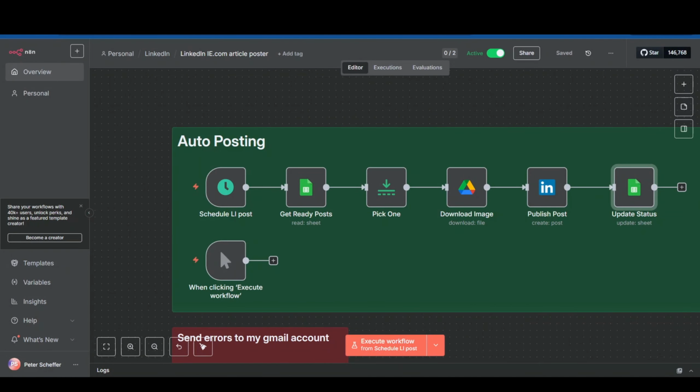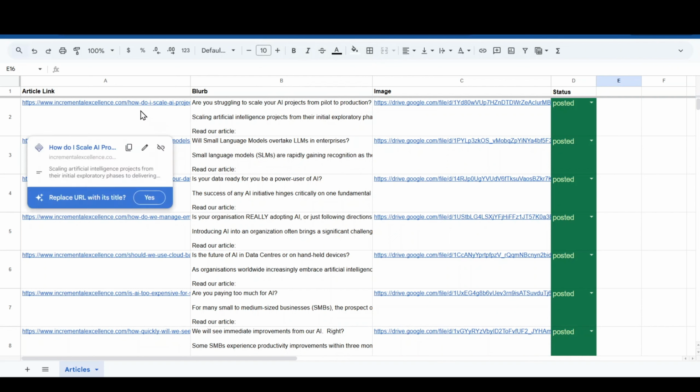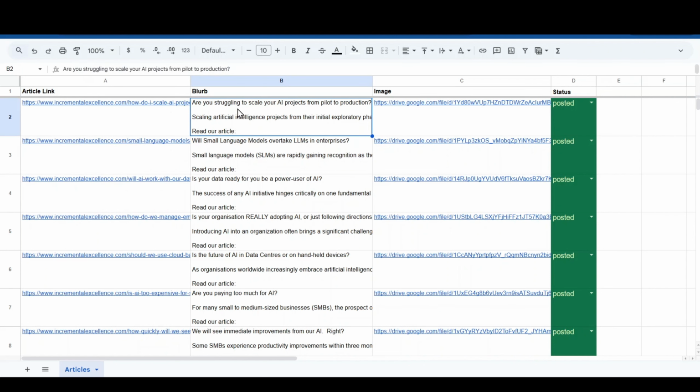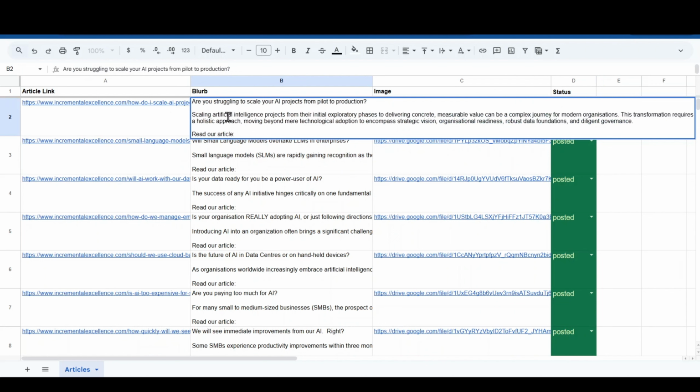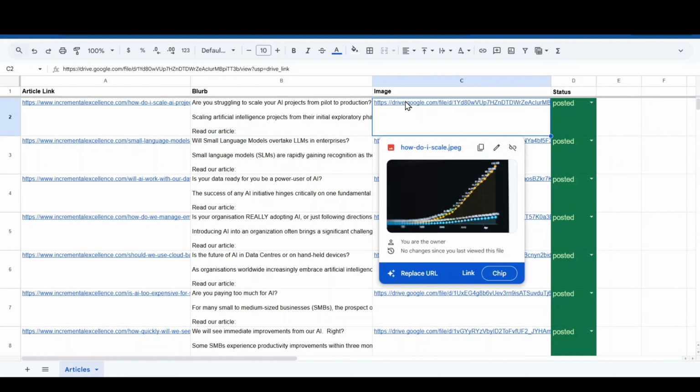So let's quickly look at the Google Sheet so we have a good understanding. This is my content, and I have a link to an existing article on my website that I'm trying to drive people to, and then I have content here under the column blurb. If I open that up, it shows information that I want to post into LinkedIn that tells people what the article is about. And then there is an image on Google Drive, which is related to that particular article,